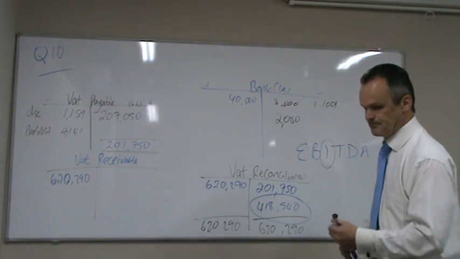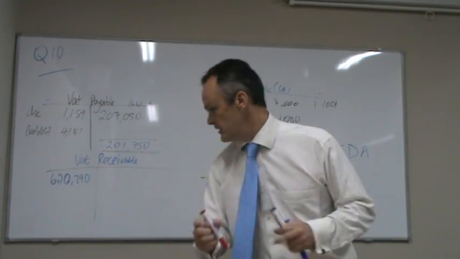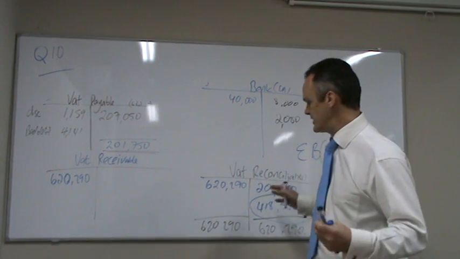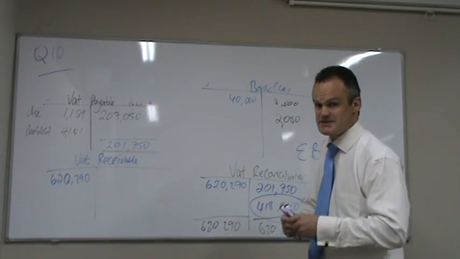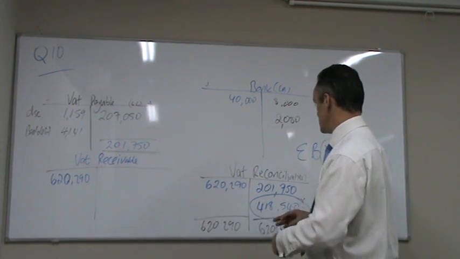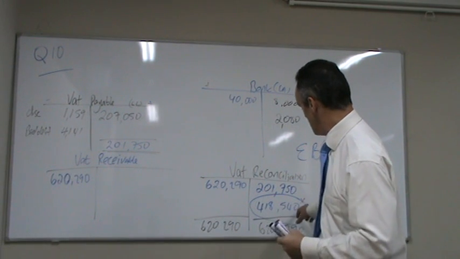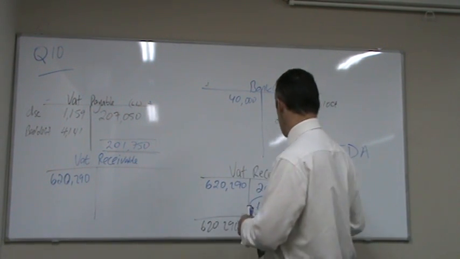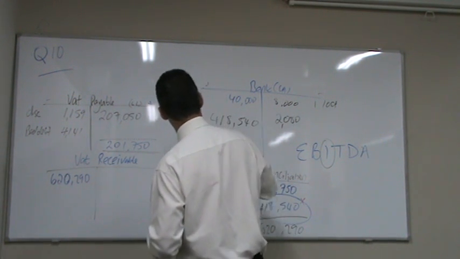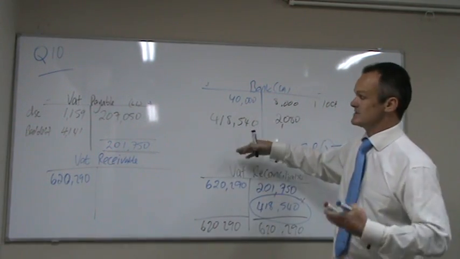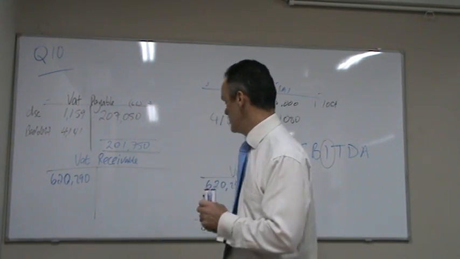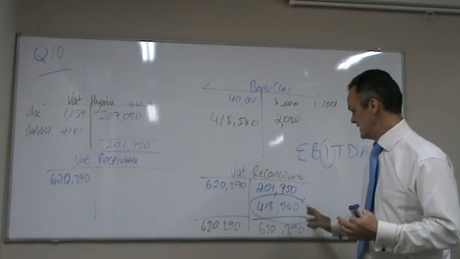Or more to the point, because this number here is on the right hand side, or the credit side, we know that in order to balance the accounts it has to go somewhere on the debit side, or the left hand side. So because we said the bank is the account we're going to use, we are simply going to put it there, 418,540. There we go. And that balances it out, and technically, because we paid more tax than we should have, we received it back. And that is